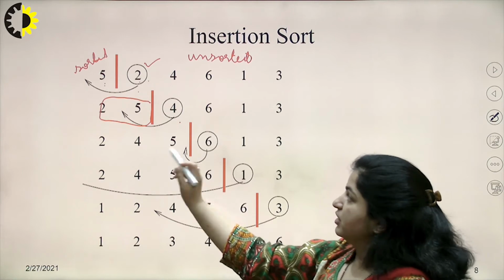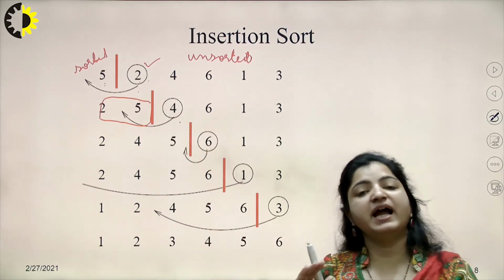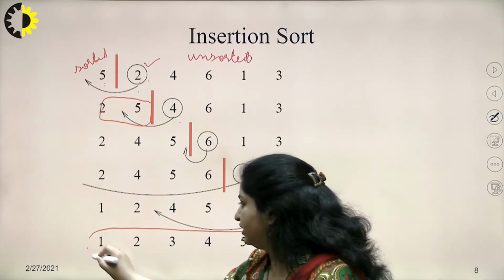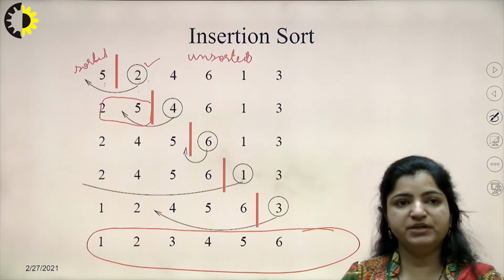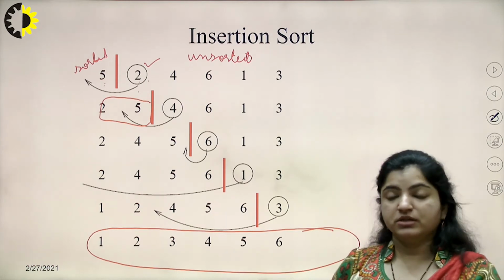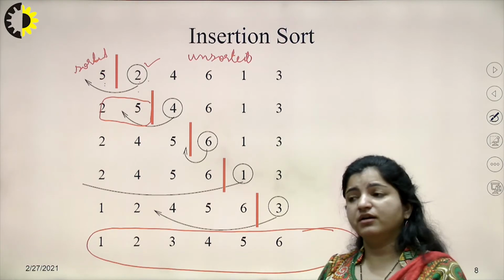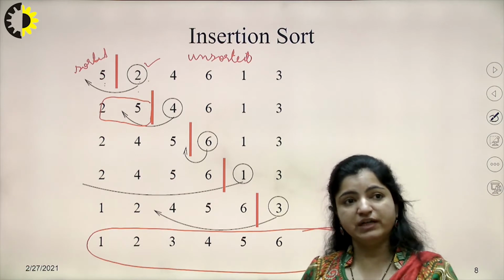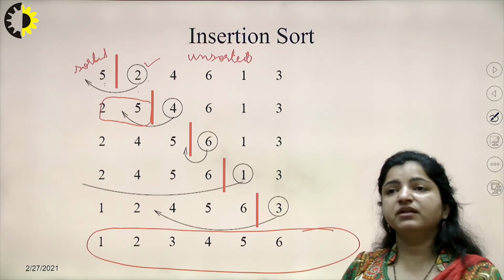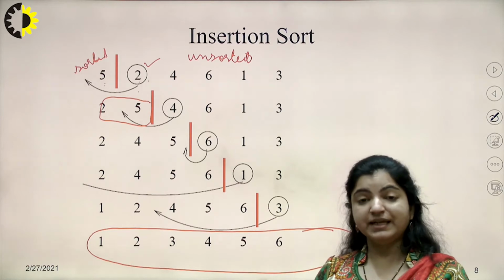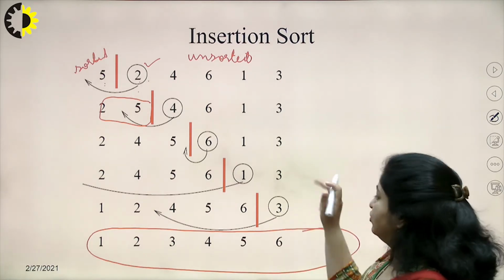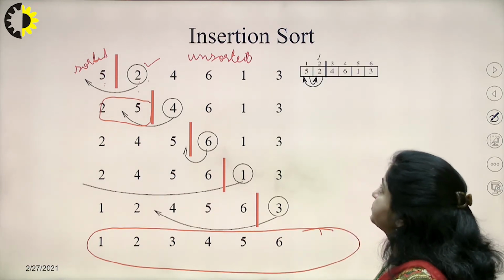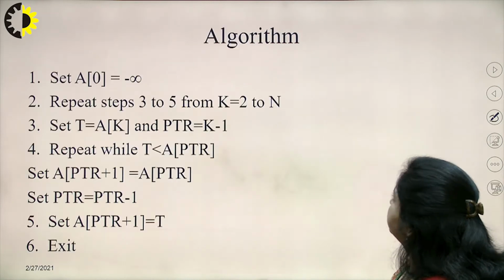Similarly, our sorted array will go on increasing, and our unsorted array will go on decreasing in this manner, and by the end of this we will be able to sort the complete elements using the insertion sort method. So this is another way by which we can understand it, like at one place we will be having sorted values, at another place we will be having unsorted values. The sorted values will go on increasing, the unsorted values will go on decreasing. At one time when unsorted values become equal to 0, that means we have sorted the complete list. So the same thing is shown here.